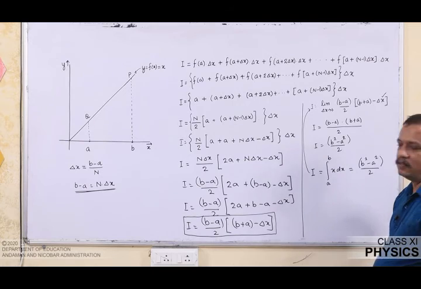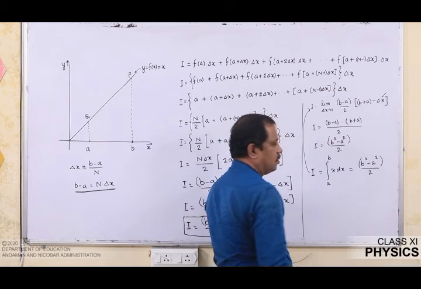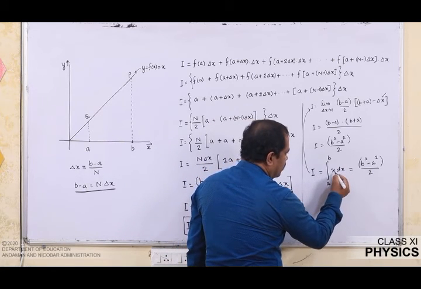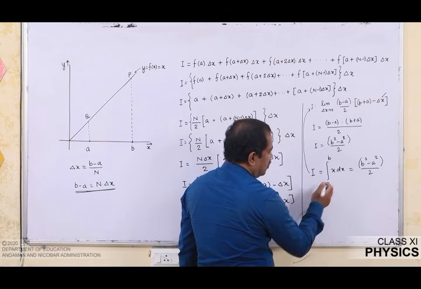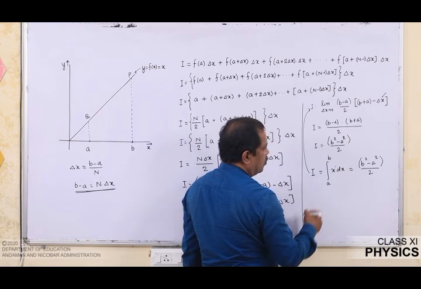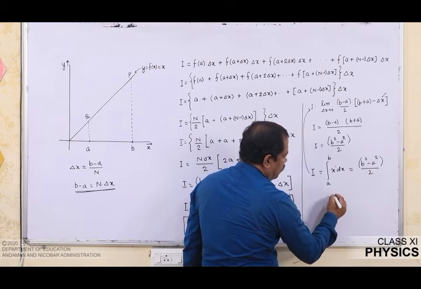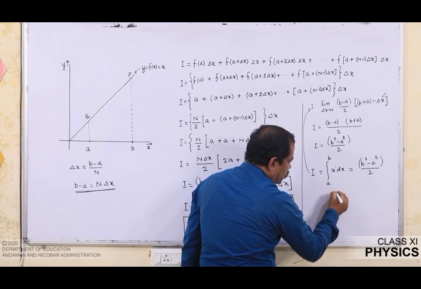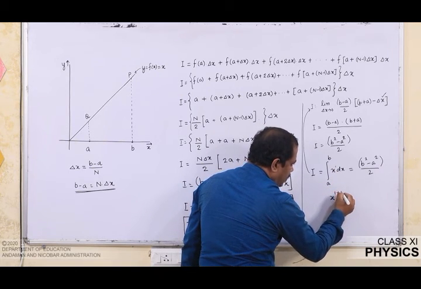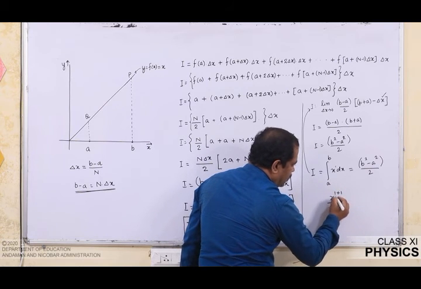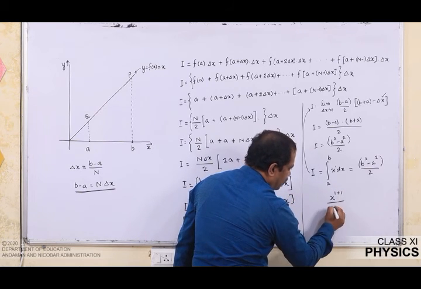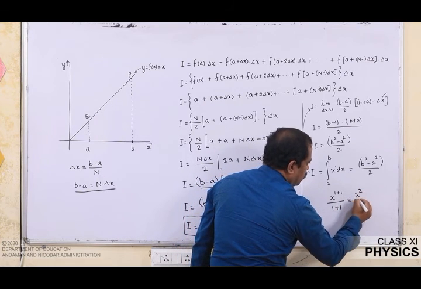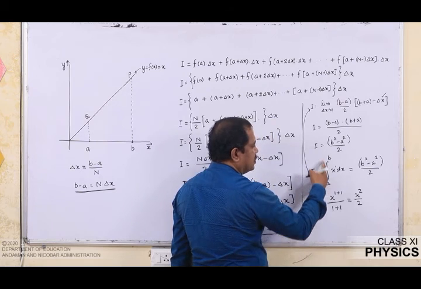Now, when I look at this expression, I am getting a shortcut. What I presume is, when we integrate expressions of this kind, here it is power 1. So, when we integrate this one, x power is 1, so we are going to add 1 with the power, and whatever the new power that we get, we are going to place it in the denominator. So, therefore, we have x square over 2, and we say these are the limits.